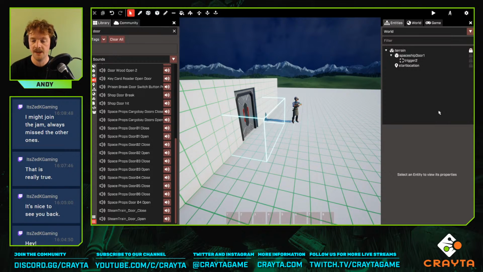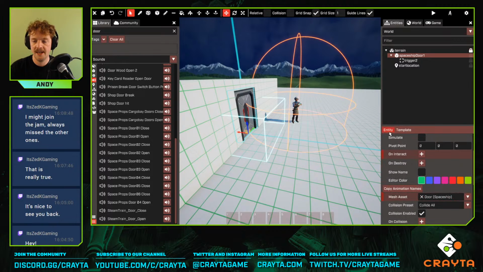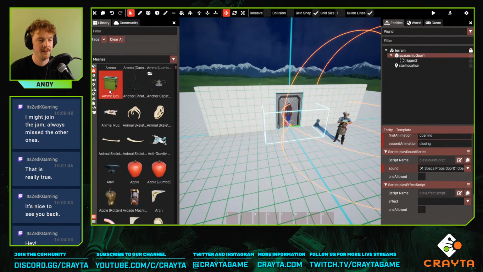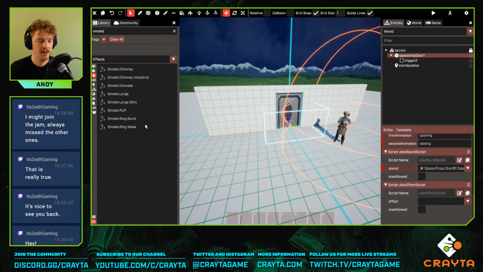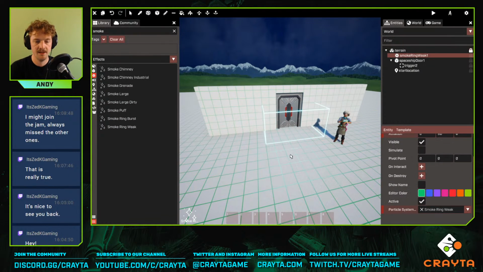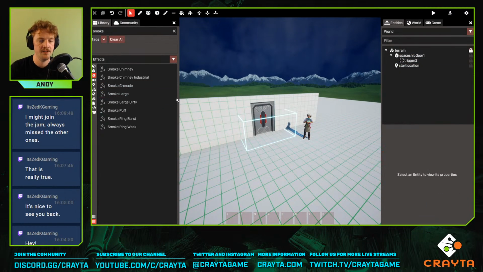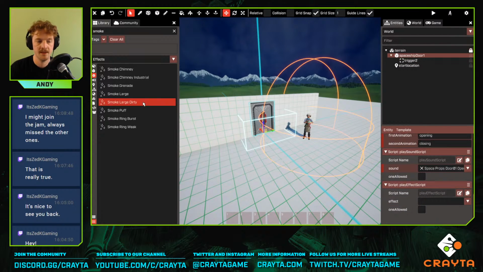So it can still give plenty of feedback. You can set off fireworks and the rest of it. Another thing we might want to add to our door here is if we add an effect. Let's do that, and let's just add a little puff, little smoke puff, smoke ring weak. Yeah, something like that. So if we add a smoke ring to our door as well, smoke ring weak, and